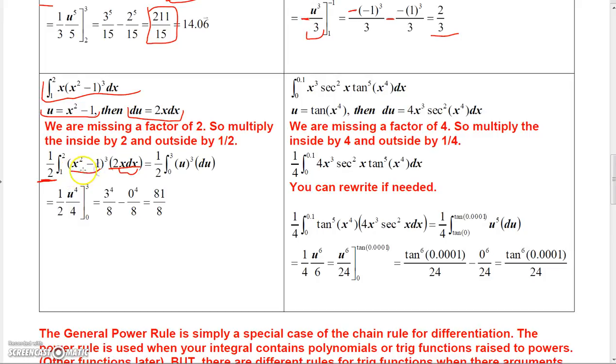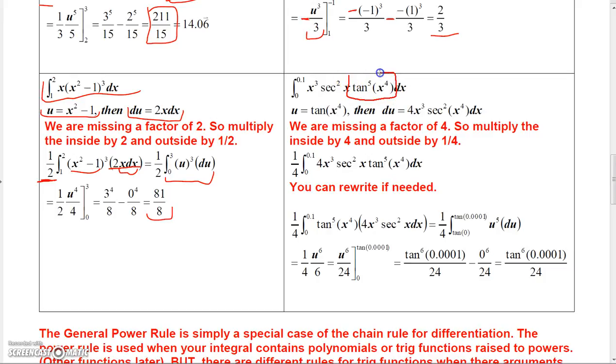And so now I have u cubed du. And so we can integrate u cubed du as u to the 4th over 4, but we have to multiply that by 1/2, so it's really u to the 4th over 8. And then you evaluate it at 3 and get 3 to the 4th over 8, and then subtract 0 to the 4th over 8, so you get 81 over 8 for the answer. And then this one,